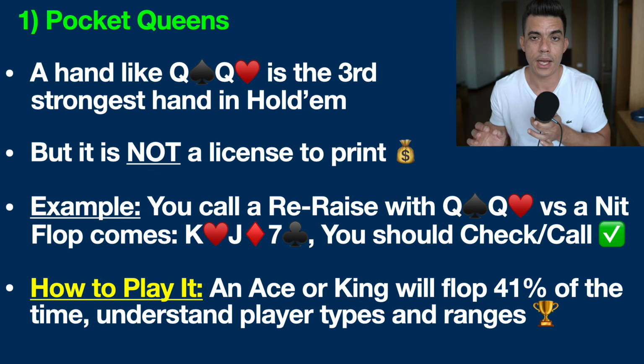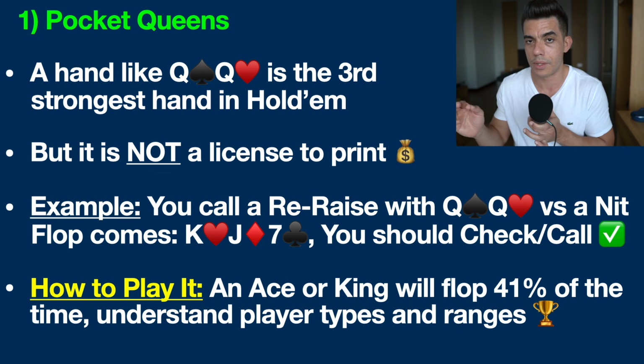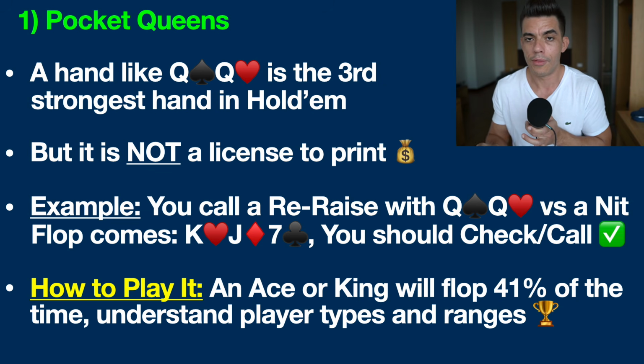A nit is the tightest player at the poker table, often sometimes called a rock as well, and these players are basically sitting in a corner mute half the time because they're sitting around waiting for pocket aces, pocket kings, ace king, the strongest hands possible. And so we do need to respect this player when they re-raise us pre-flop,